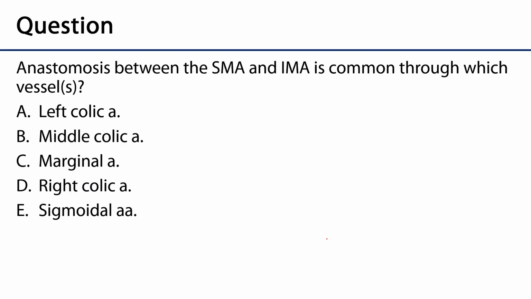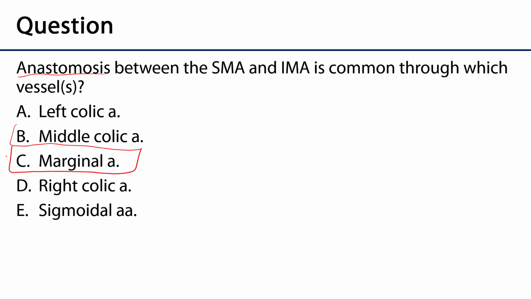That leads us to our assessment question, and that is: anastomosis between the SMA and IMA is common through which vessels? A, left colic artery, B, middle colic artery, C, marginal artery, D, right colic artery, E, sigmoidal artery. This can be a tough one to answer because you can make a case for any of these to really be involved in the anastomosis, but the best possible answer here would be C, the marginal artery, because it is